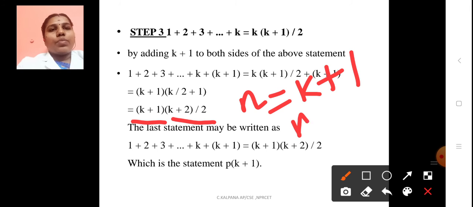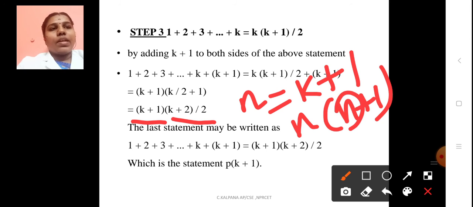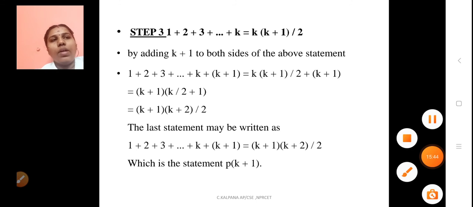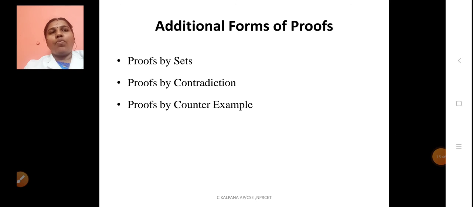At last, the given input is n equal to k plus 1. Here you can substitute n plus 1, because n equal to k plus 1 by 2. So both LHS and RHS are true. According to the statement, P of k implies P of k plus 1. Therefore, if H is true, then C is also true. If the hypothesis is true, then the conclusion is also true. It is based on the given statement.